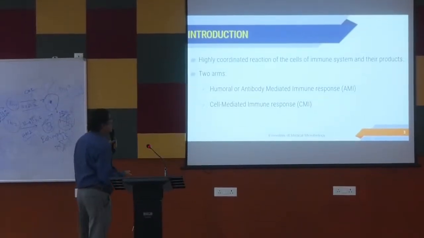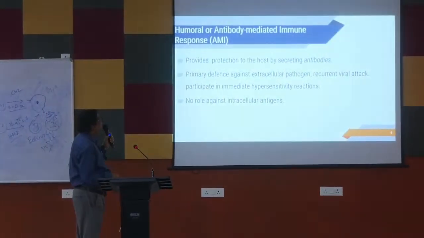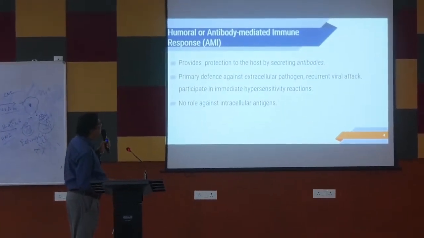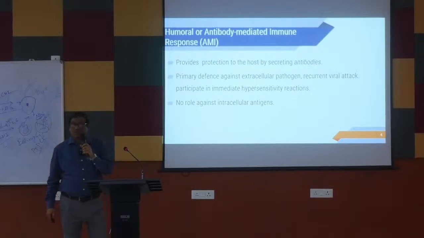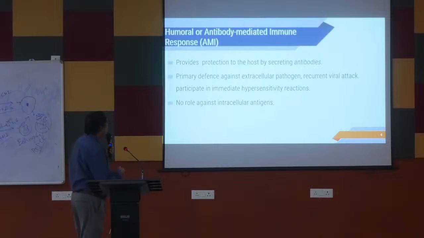Products due to arm আছে humoral and cell mediated, provides protection to the host by secreting antibodies, primary defense against extracellular pathogen, recurrent viral attack, participate in immediate hypersensitivity reactions. এটা হচ্ছে humoral antibody, তাই না? hypersensitivity 1, 2, 3 তোমরা পড়েছো, ওগুলো humoral. No role against intracellular antigen, তার মানে humoral antibody, no role on intracellular killing. আর মোস্টলি ভাইরাস থেকে শুরু করে সব খতরনাক অর্গানিজমস, দে আর ইন্ট্রাসেলুলার।